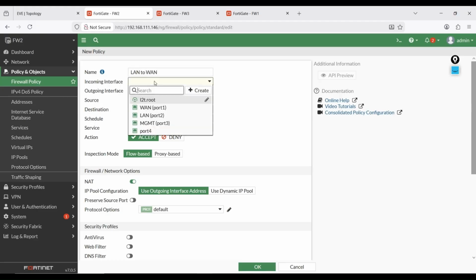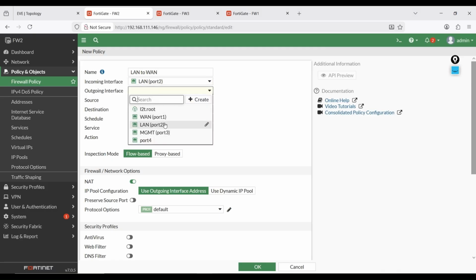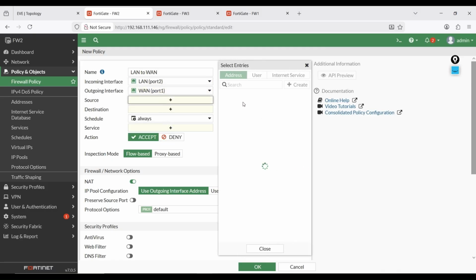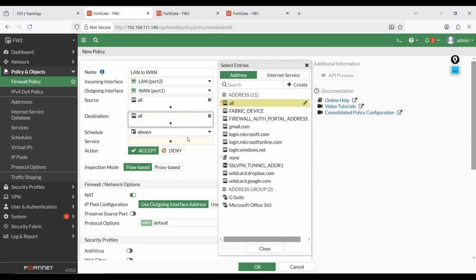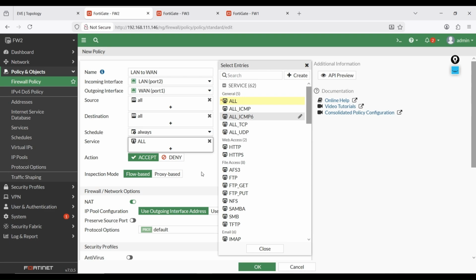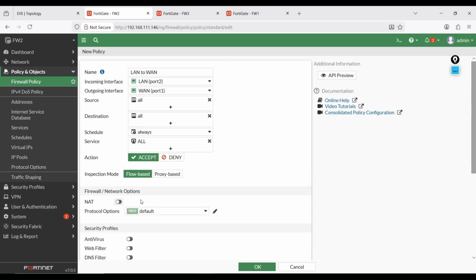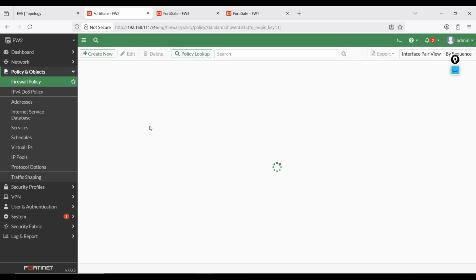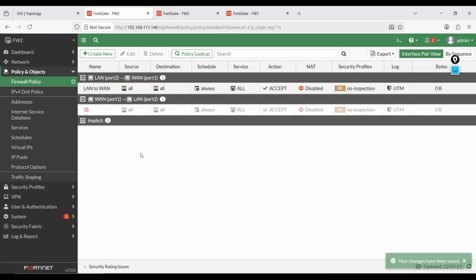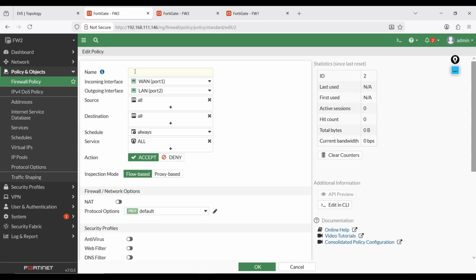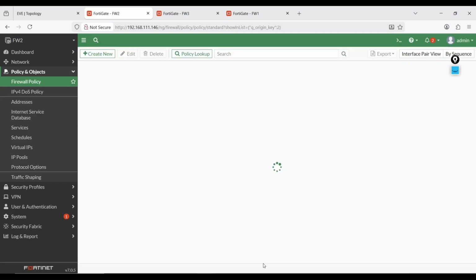The incoming interface is our LAN, the outgoing interface is our WAN, source all, destination all, services all, and we don't require any NAT here. Just hit OK. And we need one reverse policy also: right click, reverse clone, edit it to WAN to LAN, and hit OK.